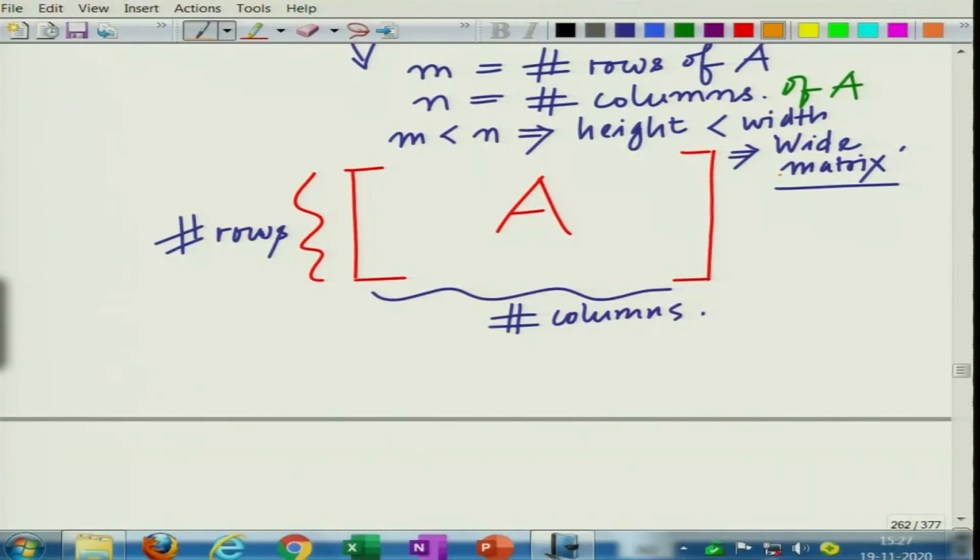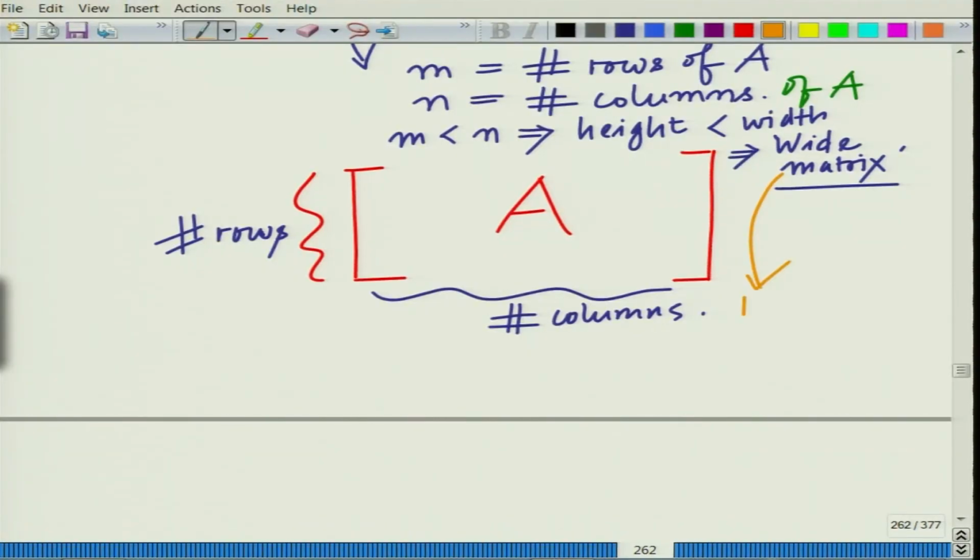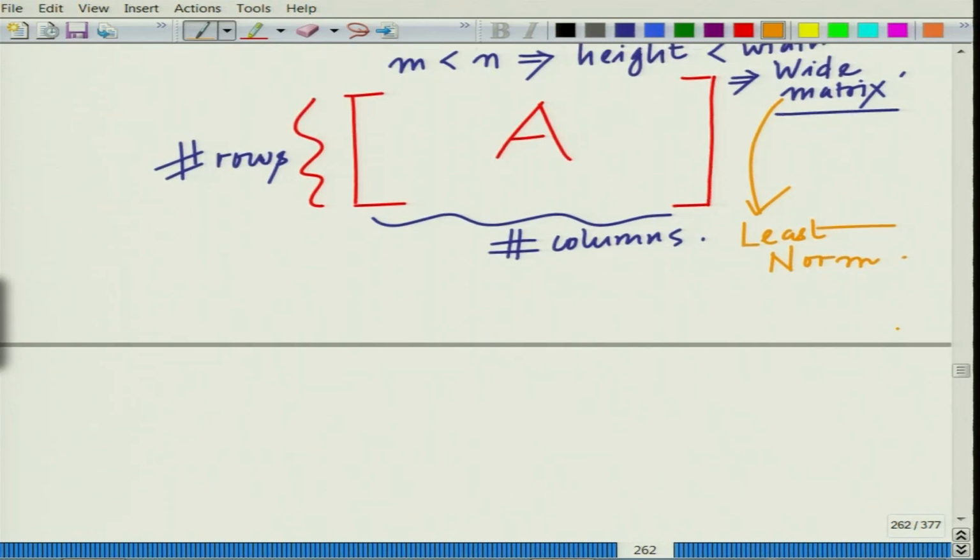So, the number of rows was more than the number of columns, an over determined system of linear equations, and therefore, the corresponding matrix looks like a tall matrix, all right. So, the wide matrix is for the least norm, and the tall matrix, if you look at it,